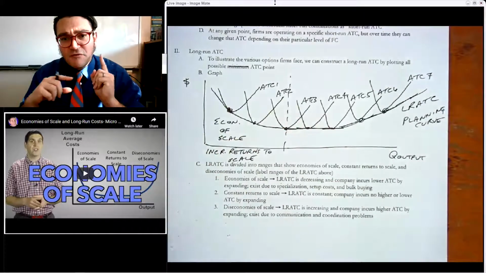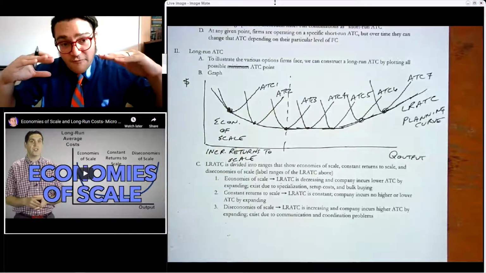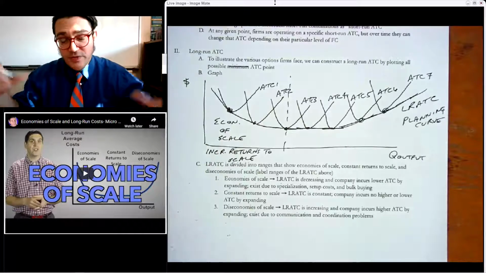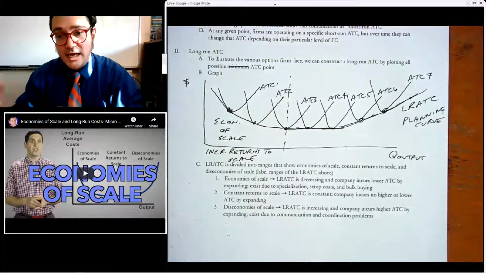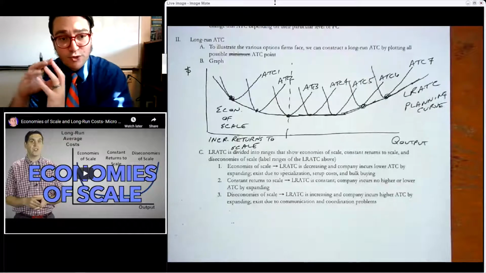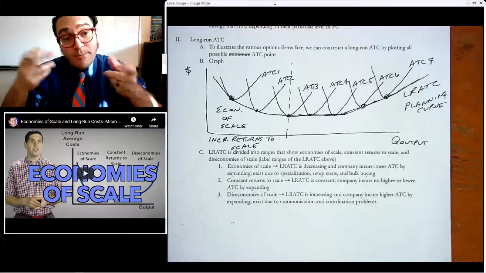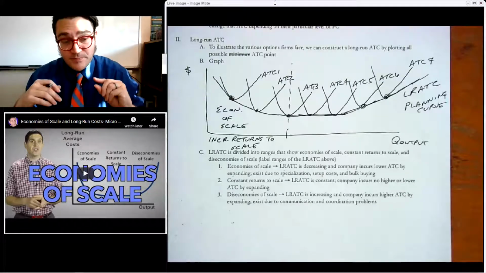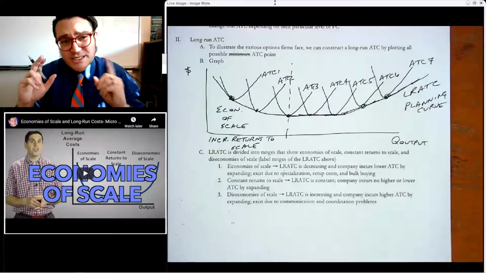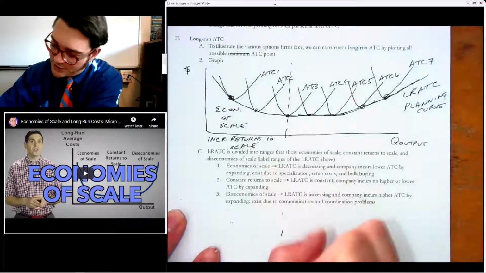They mean that if the firm is getting bigger, their average total cost is falling. So that's what that one means: as the firm gets bigger, the ATC is falling. Now, a really technical definition would be that if your firm doubles in size, you would be tripling the amount of output. And that's actually the technical definition of these economies of scale, because it's saying if you double the size of the firm, and I'll just put this down here,